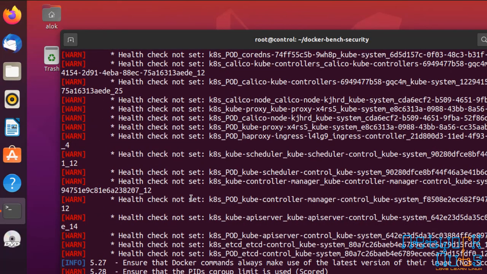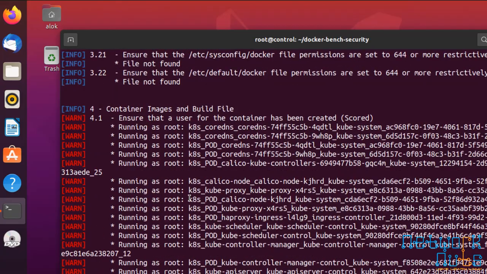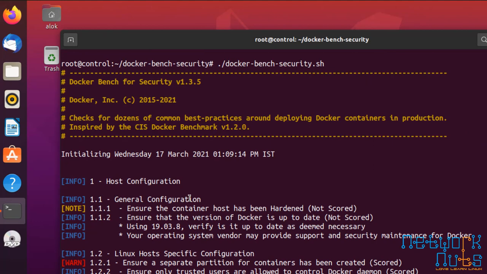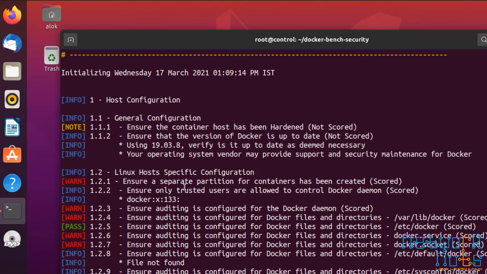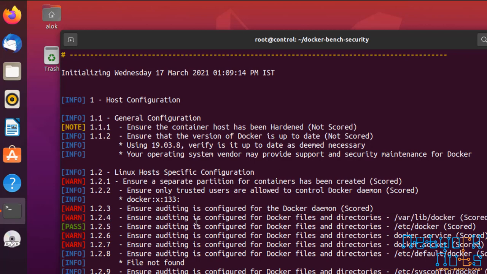If I scroll through it, let's see a couple of things. Yes, a very important point here. You need to be very good in Linux to pass these checks. Now see here, auditing is enabled for this, it is pass, but auditing is not configured for /var/lib/docker, right? So I need to know that the auditd package needs to be installed and auditing needs to be enabled for this directory. Now these are your Linux skills, right? If you are directly jumping onto the CKA training or the CKS training without having knowledge of Linux, you are doing a harakiri.